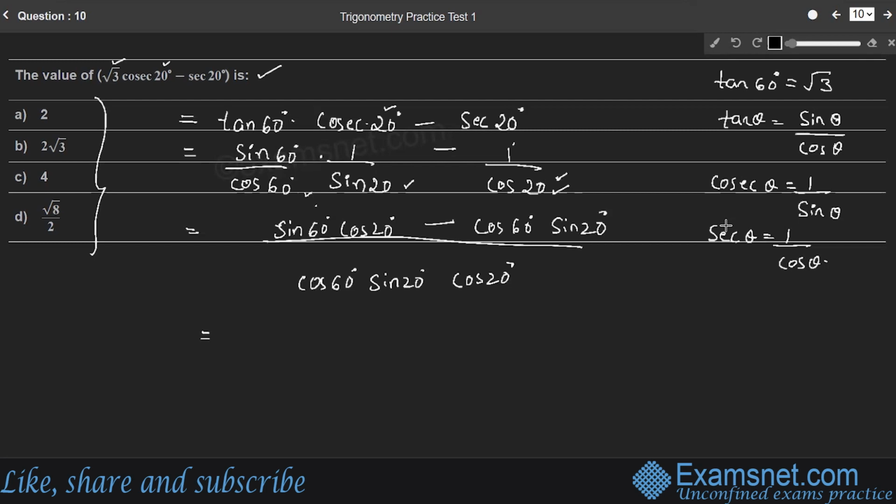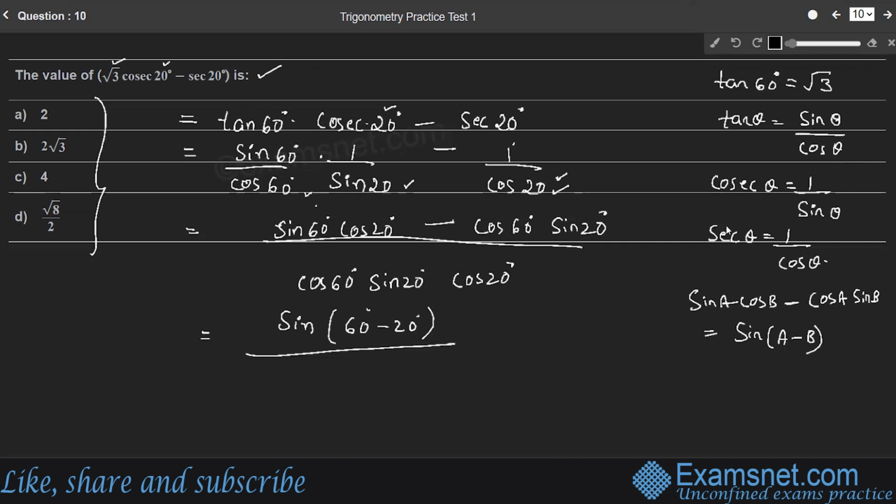Right? So here the numerator is in the form of sine A cos B minus cos A sine B. Sin A cos B minus cos A sin B is sin of A minus B. Therefore, the numerator can be written as sine of 60 minus 20 degree